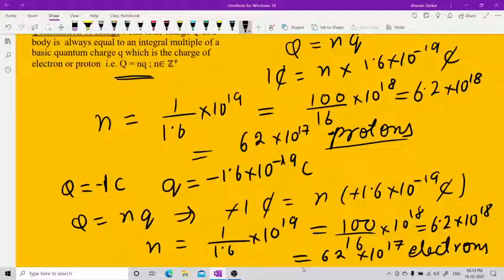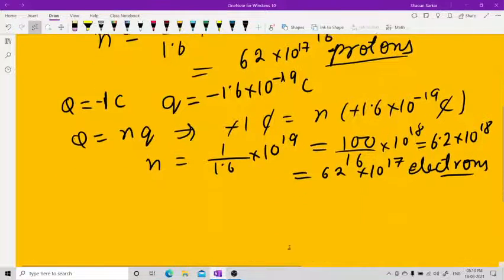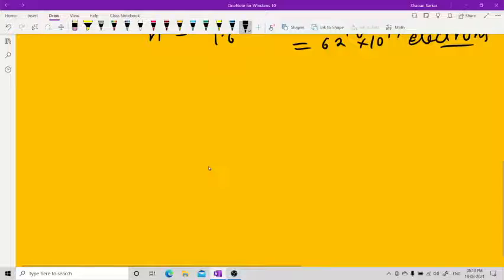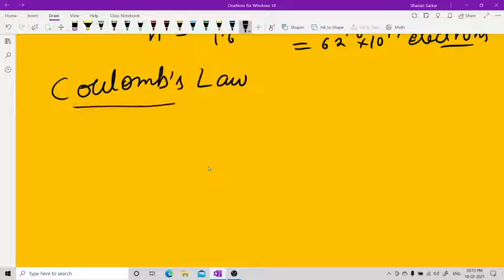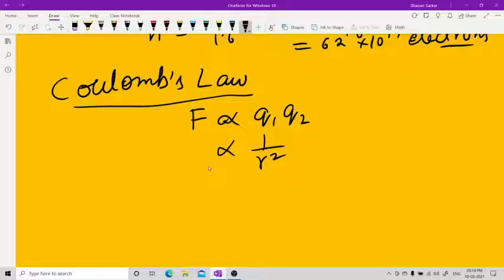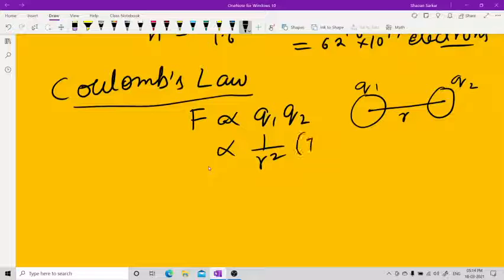This is the thing. Now, in your smaller classes, you have already seen Coulomb's law. Coulomb's law in your smaller classes, especially in your 9th or 10th, said the electric force is directly proportional to the product of the charges, inversely proportional to the square of the distance between the two charges. Suppose this is the charge q1 and this is the charge q2, then the distance, this is r, the square of the distance. This is the inverse square law, which I told in my earlier chapter.